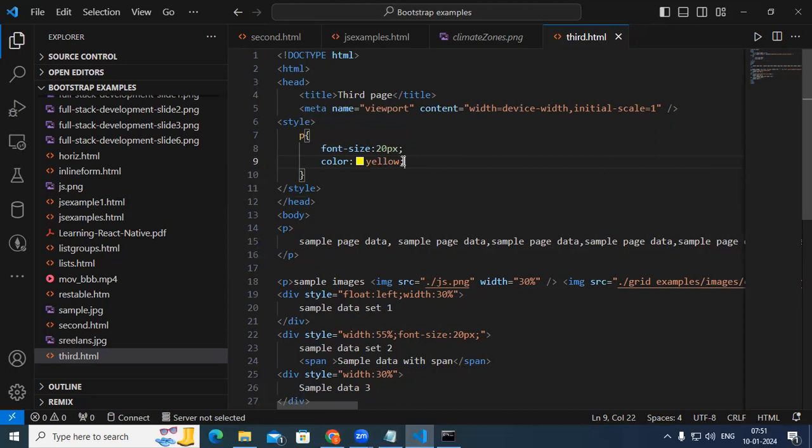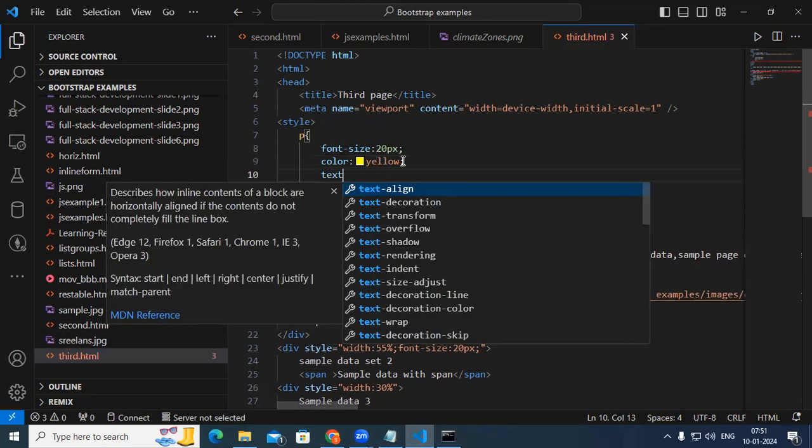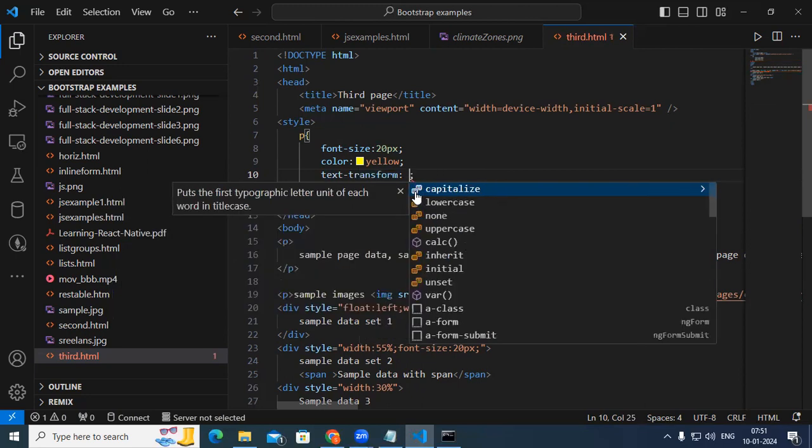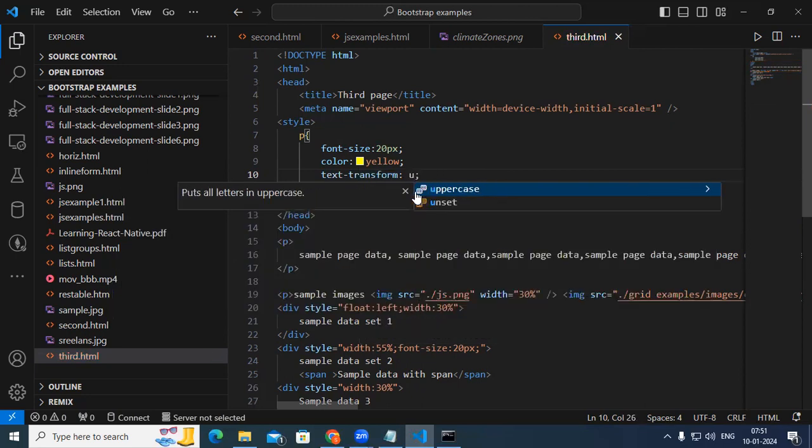Okay, similarly, I want to go with the text transform. Text transform, then here it is uppercase. Everything I want to convert into uppercase, whatever content you have in the paragraph. So how many paragraphs overall do I have in this? There are two paragraphs, the sample page data, this paragraph and this second paragraph. So automatically for all these paragraphs, these styles will get applied, and this is called here element based